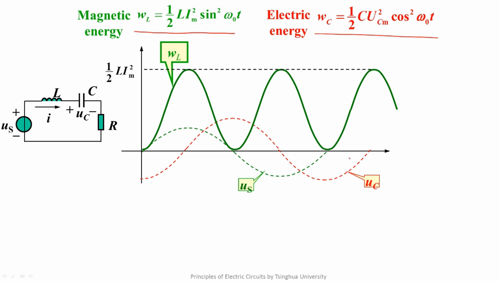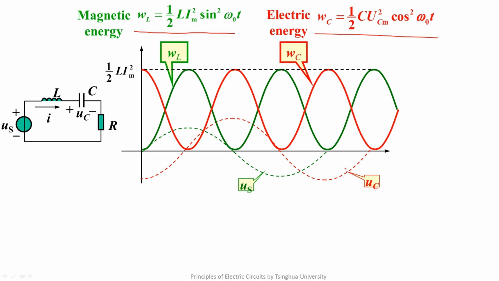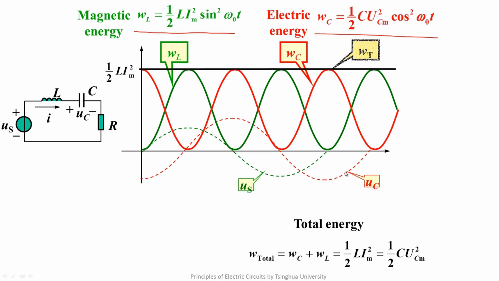From the expression of the electric energy in the capacitor, we can get that the electric energy is also a function changing with twice the frequency. The sum of the two energies is a constant. What's the actual physical meaning of this? You see,